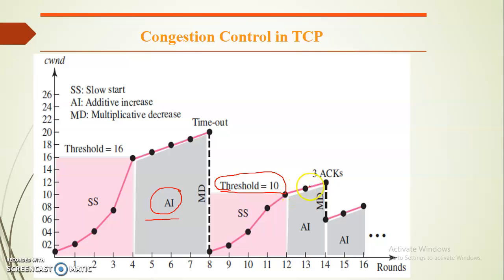When it reaches 12, there is a 3 duplicate ACK case. In that case, we have the multiplicative decrease phase, right? After that, the congestion avoidance additive increase phase will run. It is 1 plus 1 plus 1, right? So I hope you understand well with the help of this